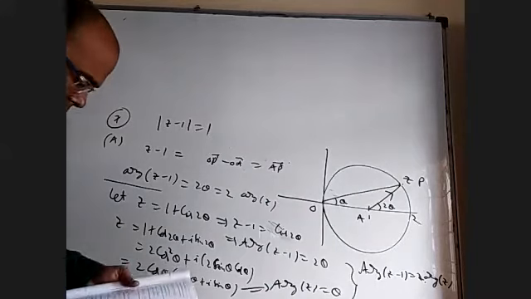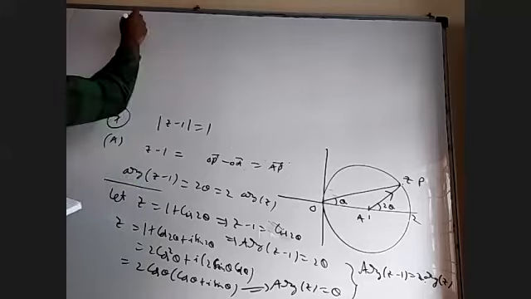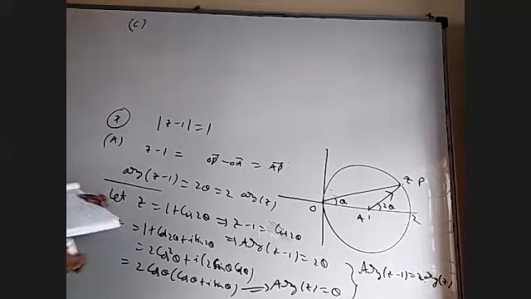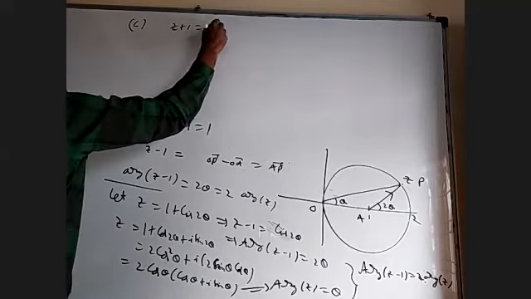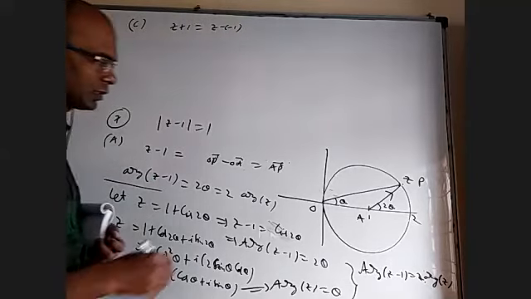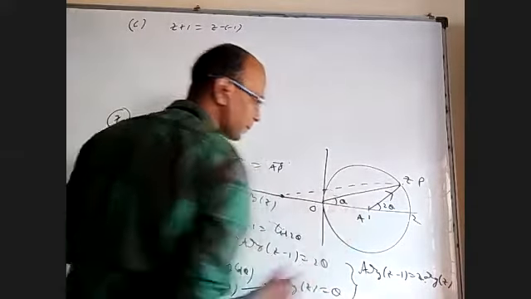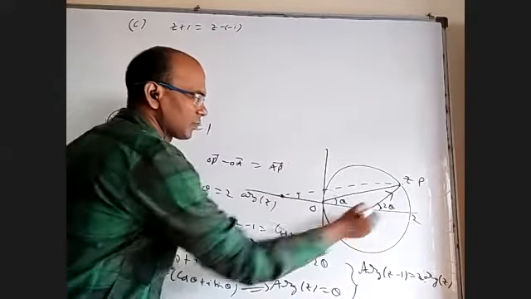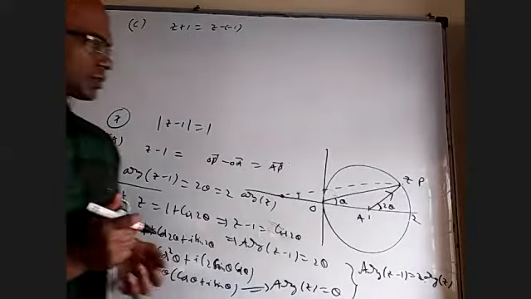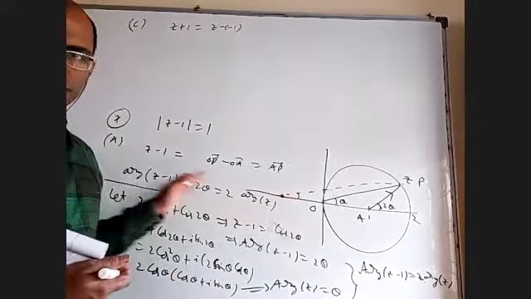Okay, let us see now C bit and then D bit. C bit, I don't think it is right because Z plus 1, I can write Z minus minus 1. It is a vector starting from minus 1 and going towards Z. They are saying argument of this and argument of this are equal. I don't think so, because this is a greater angle, this is a little less. When you go left, the angle is decreasing.